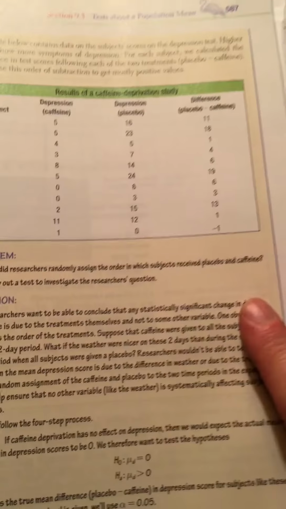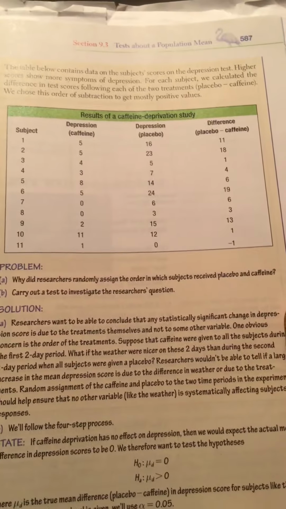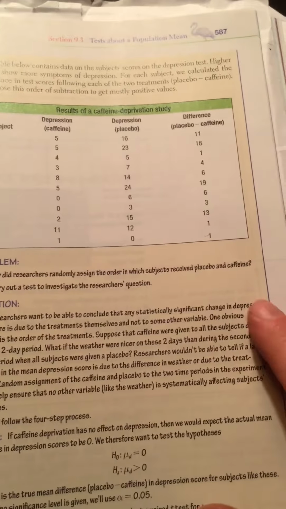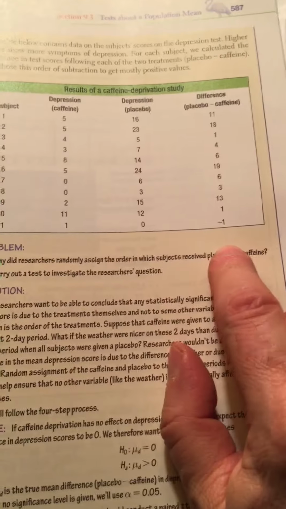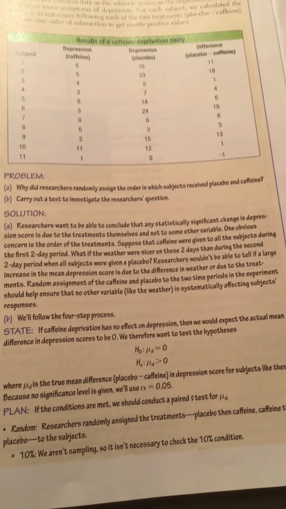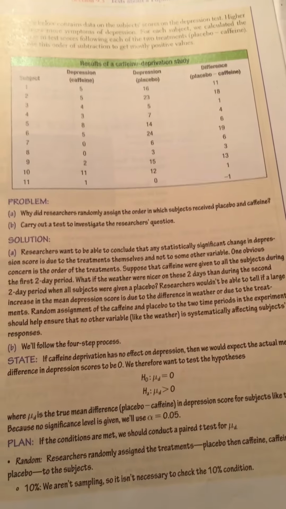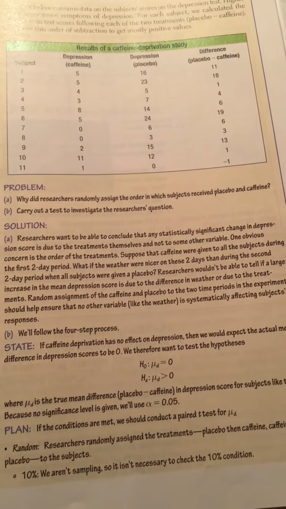Once the 11 data points are established for the placebo and the caffeine, there's another column which is the difference. Okay, so the problem is, first of all, the methodology of this was that the researchers randomly assigned the